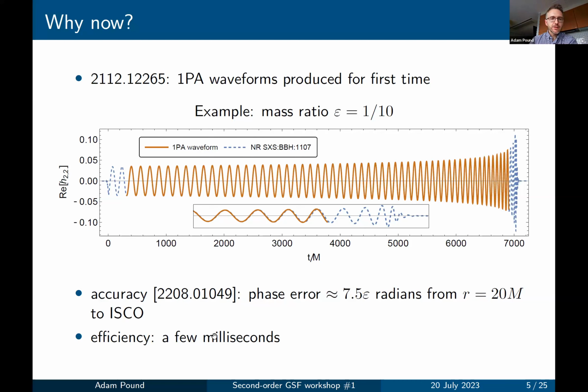And Niels has put most of this waveform model into FEW, the fast EMRI waveforms package. And I think we will release that to the public by the end of the year, probably. I say most of the waveform because it's got the phase, but it doesn't have the second order corrections to the amplitudes. But you usually don't care about that anyway. Okay, so that's why now